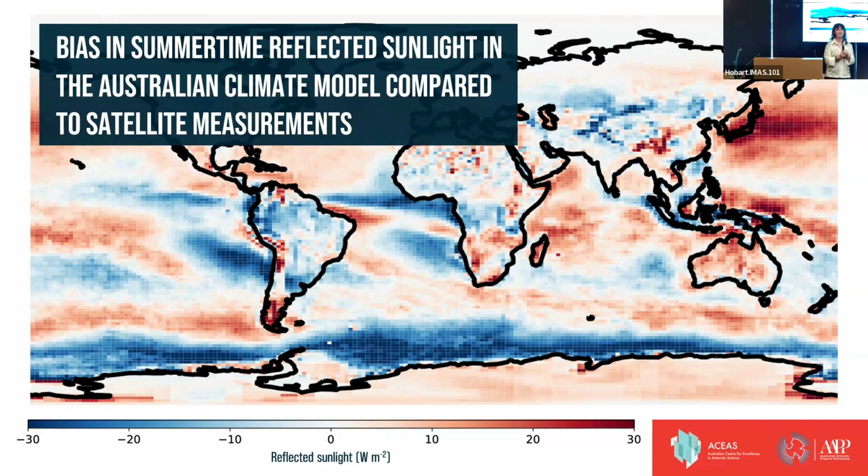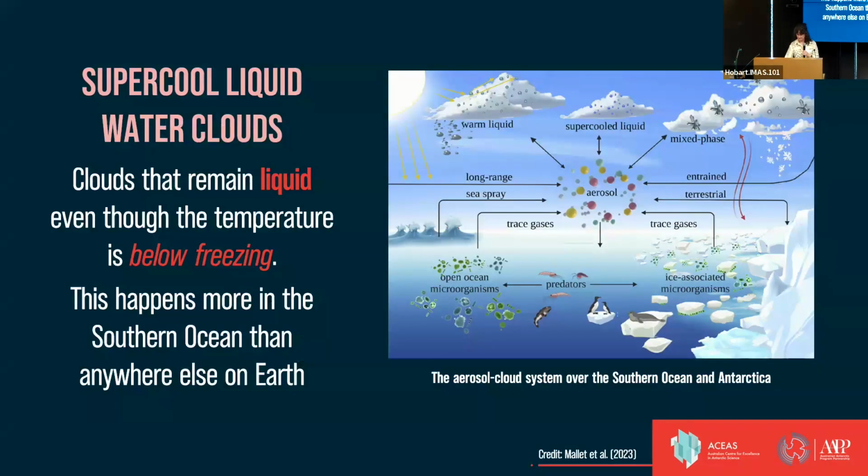An ice cloud will let more sunlight through to the surface, whereas a liquid cloud is more reflective. So this is where this problem stems from. Our models don't produce enough supercooled liquid water clouds. So